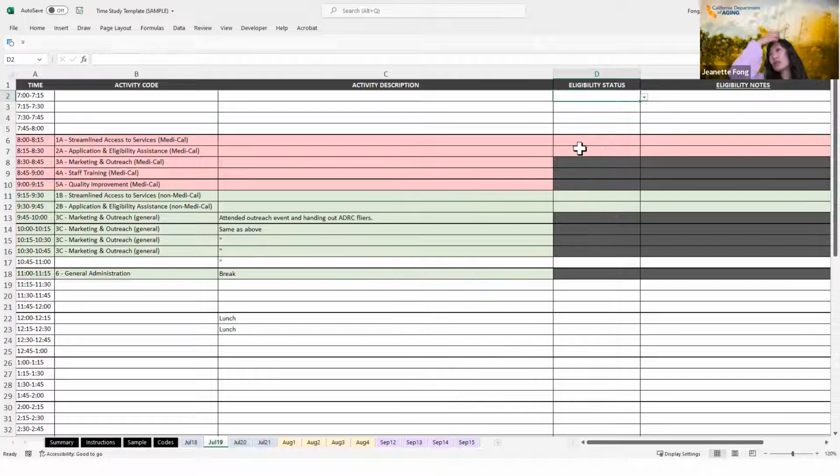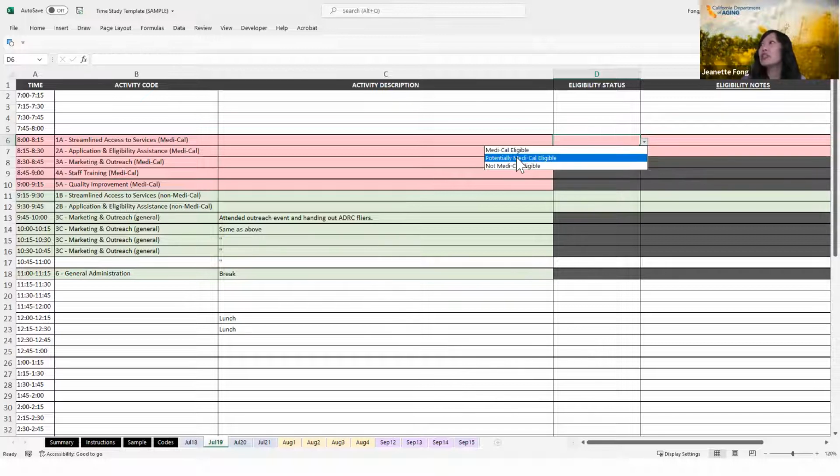One thing to remember, and it can be a little tricky with your A codes. So remember, you're providing streamlined access to Medi-Cal service, or you're helping someone fill out an application to determine eligibility for a Medi-Cal service. You're probably always going to choose Medi-Cal eligible or potentially Medi-Cal eligible, because you wouldn't really be referring someone to a Medi-Cal program or service if you didn't already know that they're Medi-Cal eligible.